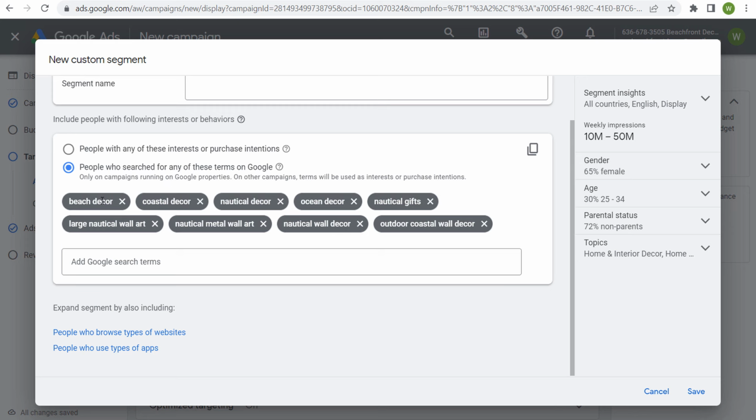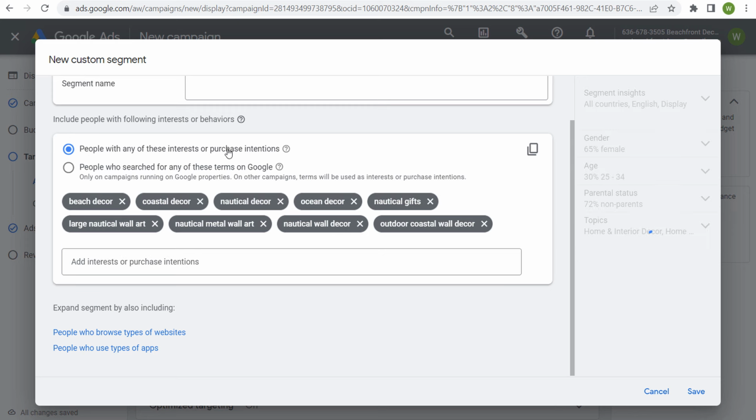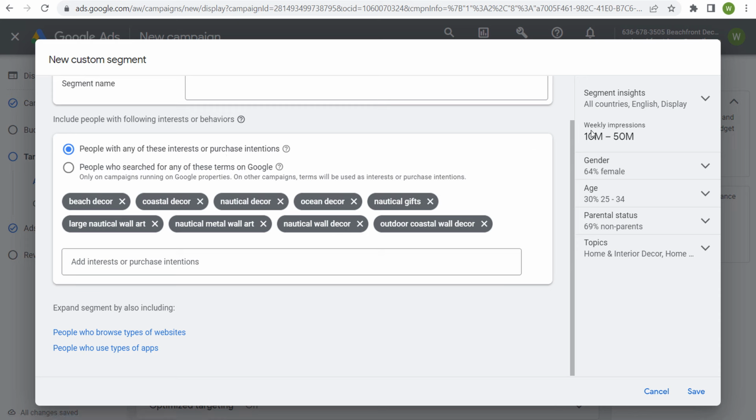You're reaching people who have shown some level of interest in some of these different keywords, whether they've searched them directly in Google or they've searched very similar terms on Google. What Google Ads is going to do is use those terms as interests or purchase intentions. Now, if you come up here and you do people with any of these interests or purchase intentions, and we click up this at the top, you're going to see it's a similar amount of weekly impressions overall, but I would prefer to just use the people who search for any of these terms on Google, because it's going to try to find people who are closely trying to purchase some of these different products related to the keywords that